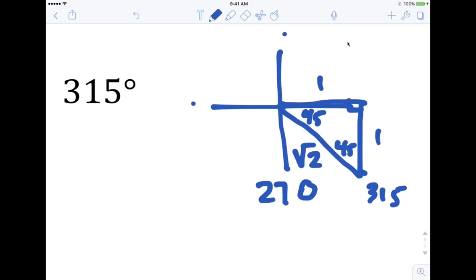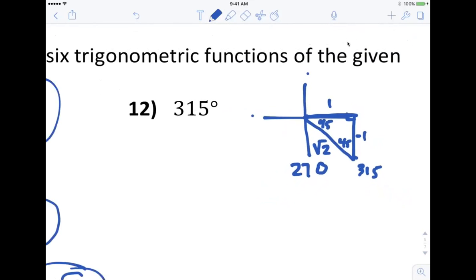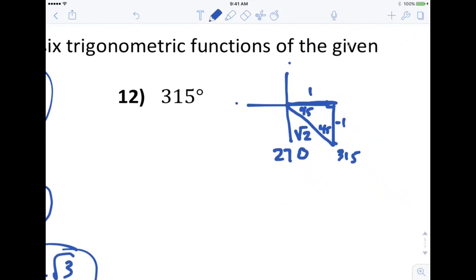And then put in negatives if there are any. This is positive because you're going to the right on the x-axis, but the y is negative because you're going down. So anytime you go down or left, you're going to put a negative. And then the r, the hypotenuse, is always positive. Alrighty, now we can just find our ratios